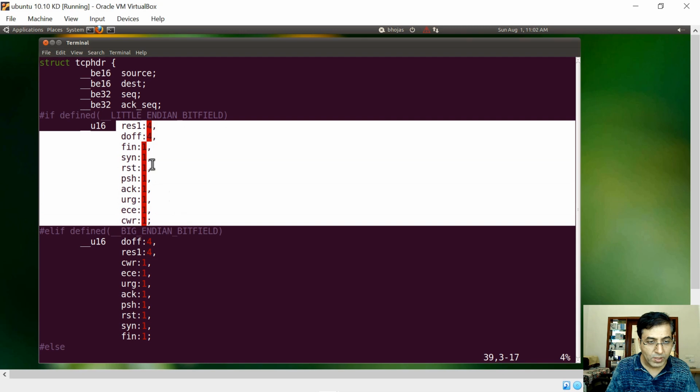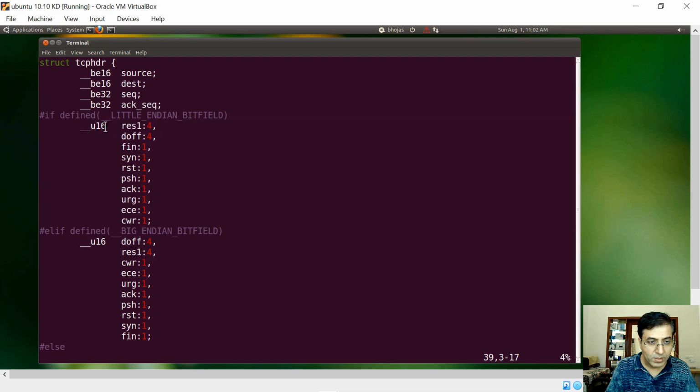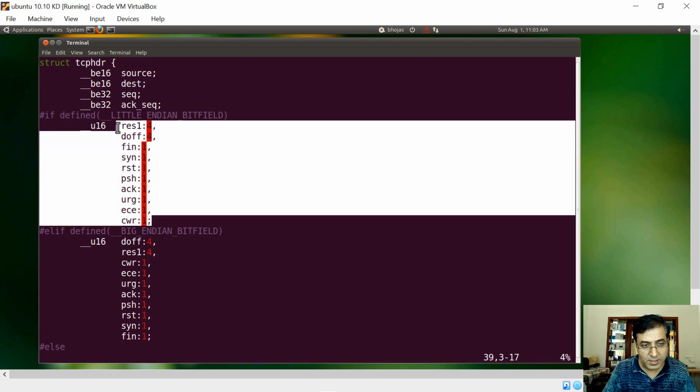Before I go into that, I will also talk a little bit about U16. They have made use of U16. U16 basically means that we have a 16-bit unsigned memory location. This is not just by chance, this is by design. U means unsigned, so all of these are unsigned. They really represent a state, either 0 or 1, or in some cases an offset. So many of these are there as a representation.